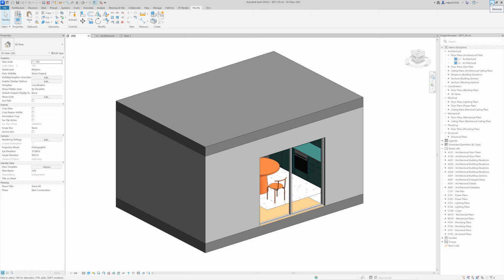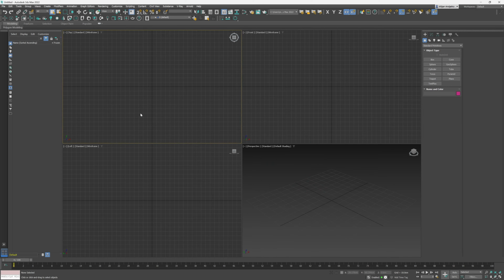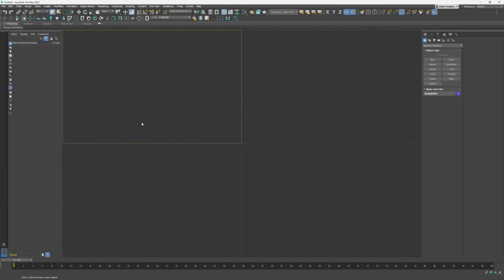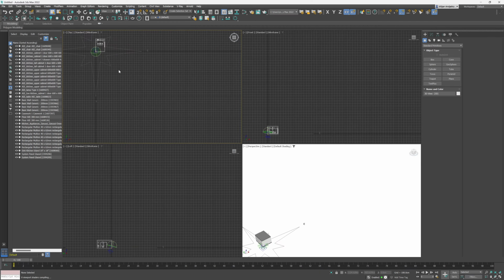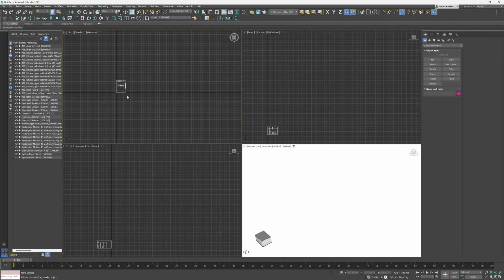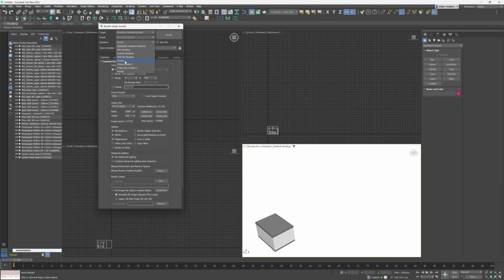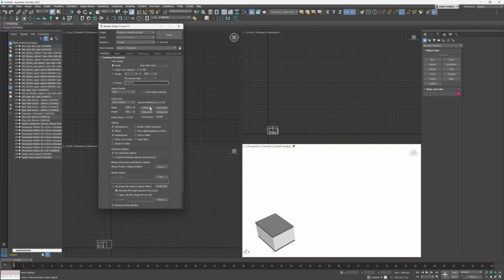Actually, sorry, I'm using 3D Studio Max 2022 and Revit 2024. And let's open 3D Studio Max. Okay, in 3D Studio, firstly we need to import our FBX file. And I will delete this camera and this lighting system. So in a render setup, F10 is a shortcut. I will, for the render, pick Corona, and then I will just make our output size to be a squared one,